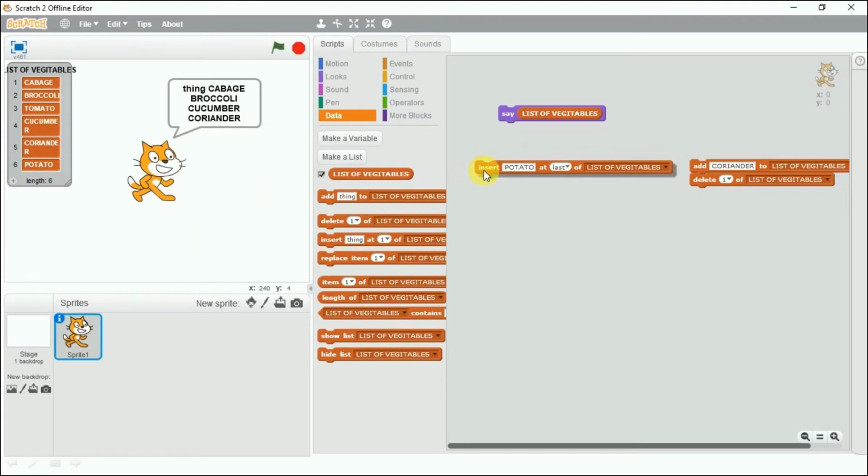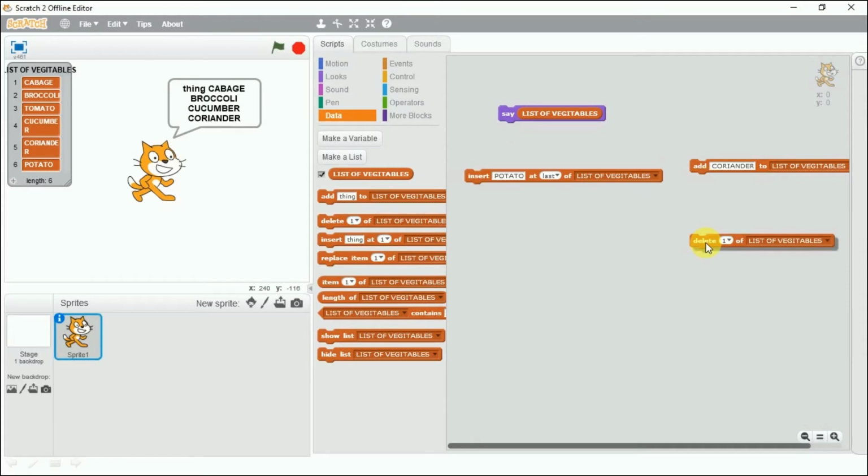When we are working with insert, we are inserting a new item, and insert gives us one more option to add an item at the desired place. But when we are using the add block, the items are added at the bottom.